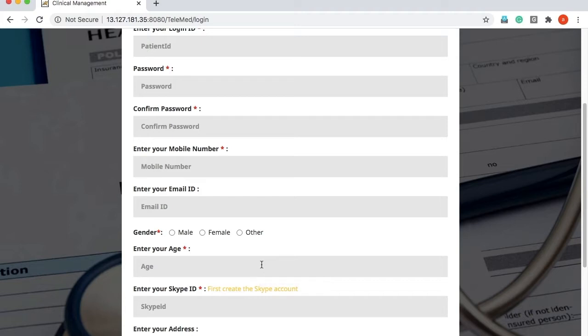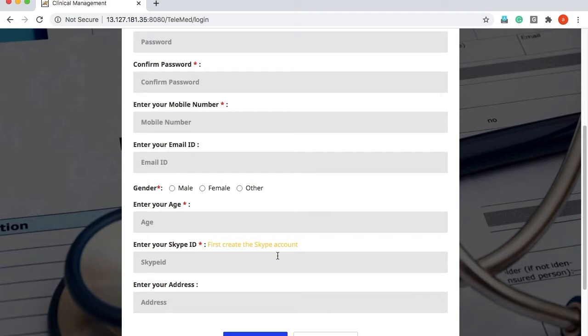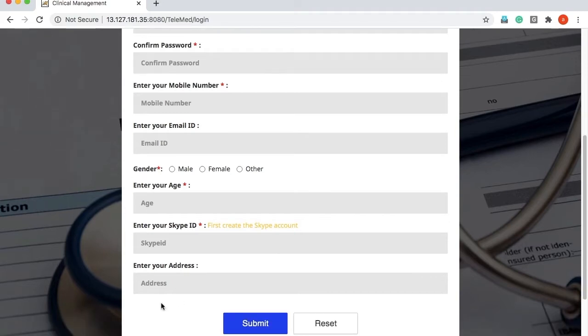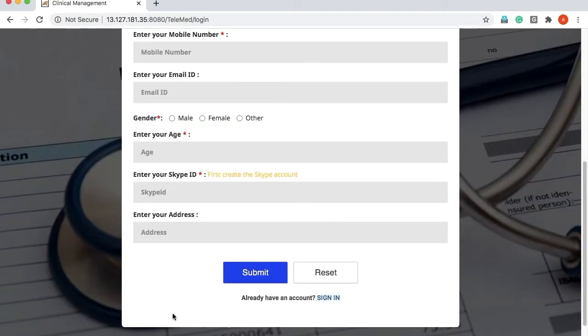Global Products Teleconsultation Software has provided integration with Skype, and a document such as e-prescription generated within the software. Images can be attached and shared over Skype, and the address needs to be entered.